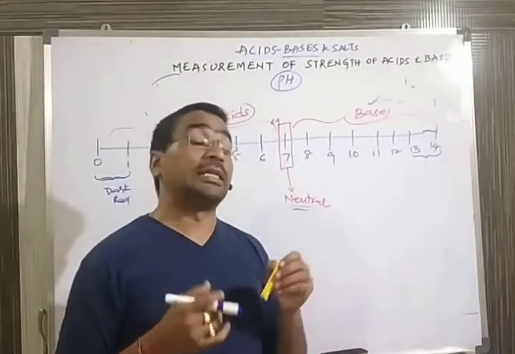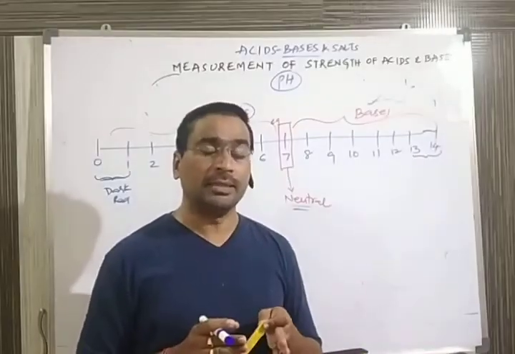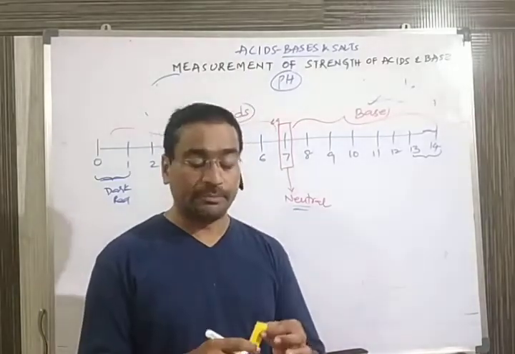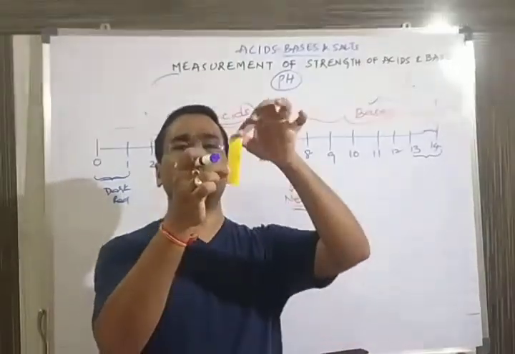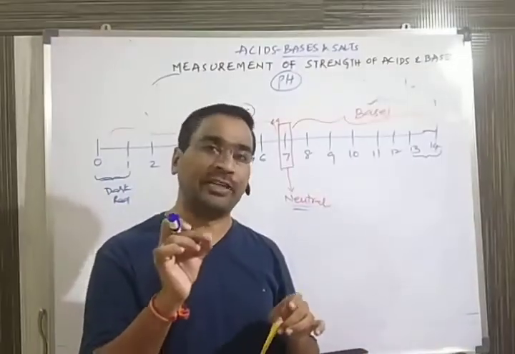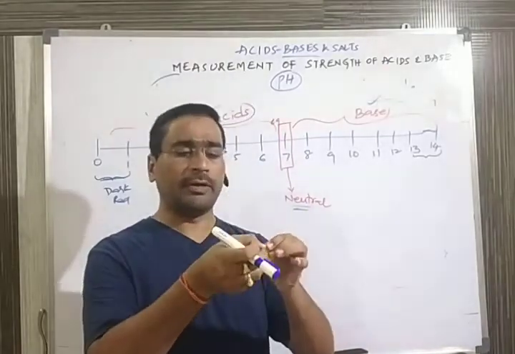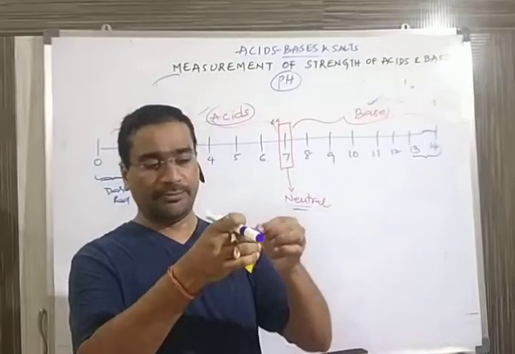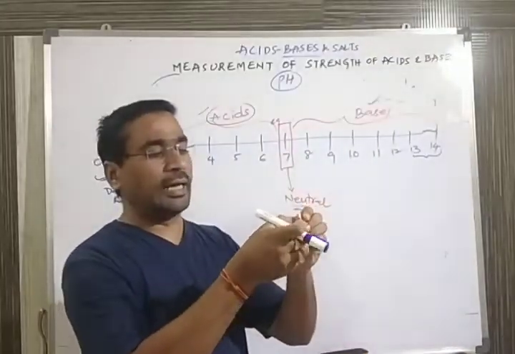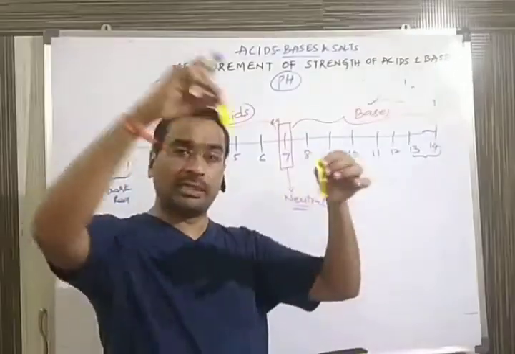Now children, don't go outside and don't expose yourselves to the corona condition. Any time you go to a bookstall, you can ask them to give the pH papers. Like this, there will be folded strips, and in one strip almost 15 to 20 papers will be there. You have to take one strip. With me, it is a combo paper. You can take a paper like this and dip it in any of the samples.